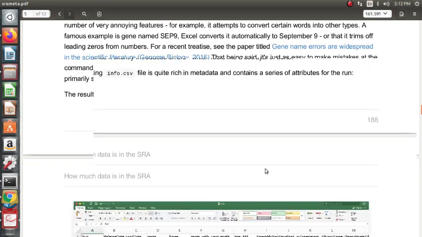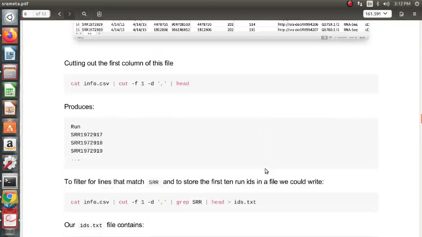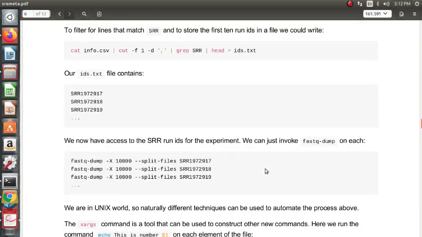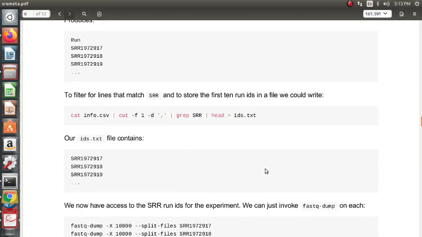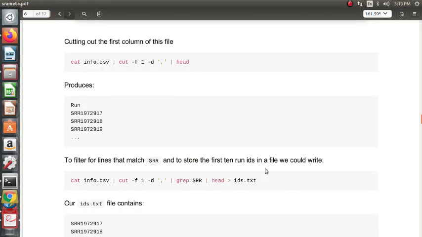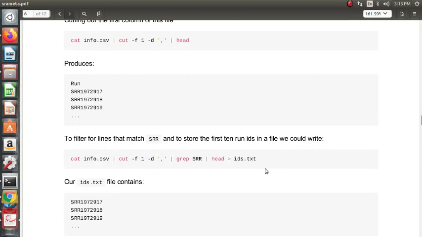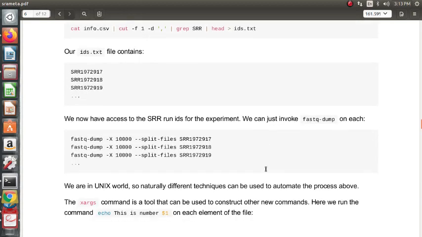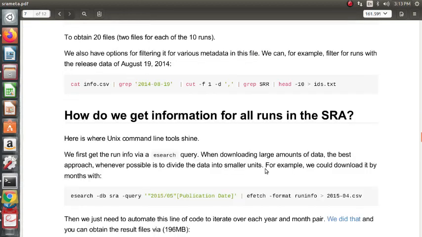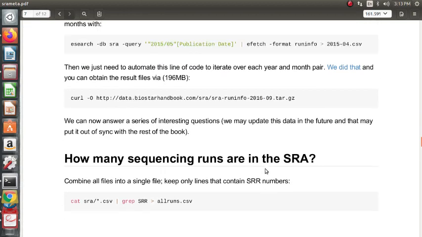Now if we want to store only the SRR run IDs, we can store them in a text file called ids.txt. First of all we need the info.csv file, right? That should be the smallest file compared to the file which we first wanted to download, which is 196 MB. It's not even getting connected.